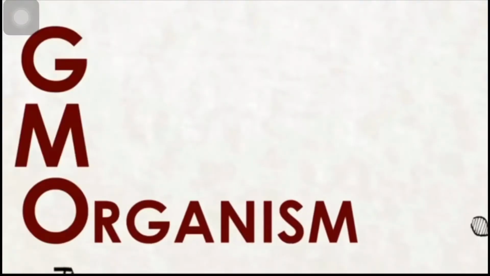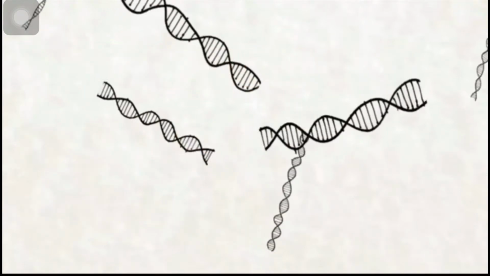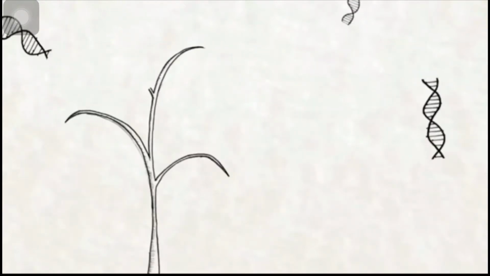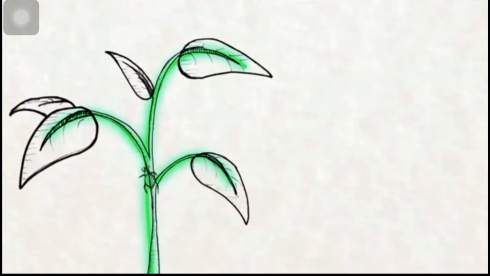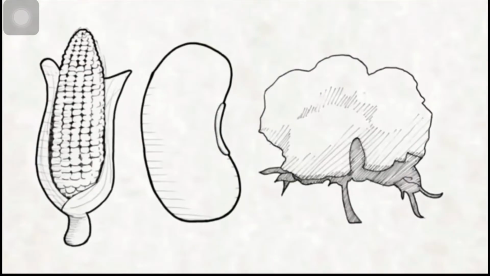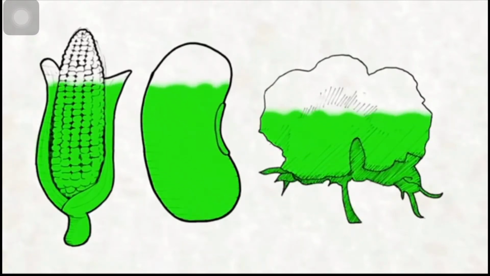What is a GMO? Well, it's an organism that's been genetically modified. This means scientists combine the DNA of one or more organisms for some specific genetic feature. Usually this entails engineering plants with toxic bacteria that kill bugs that try to eat the genetically modified plant. Currently, up to 88% of corn grown in the US is genetically modified, 91% of soybeans, and 88% of cotton are GMO crops as well.